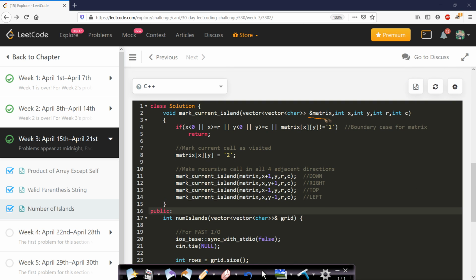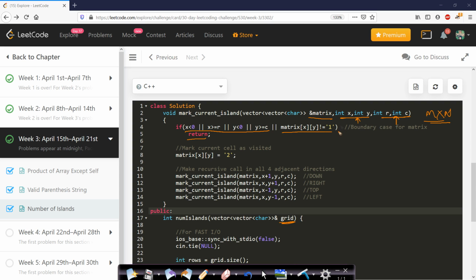Here this matrix is taking the grid which was passed to us, this one. Now this x comma y is our current coordinate of the cell, and this r comma c denotes m by n, which is the size of our grid. Now the first 4 conditions of this if statement take care of the boundary case, and the last one is just seeing whether this is a piece of land which is not visited. If it is not, or if it is a piece of water body, then we will just return from here.